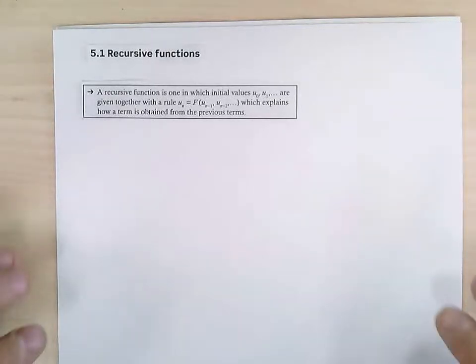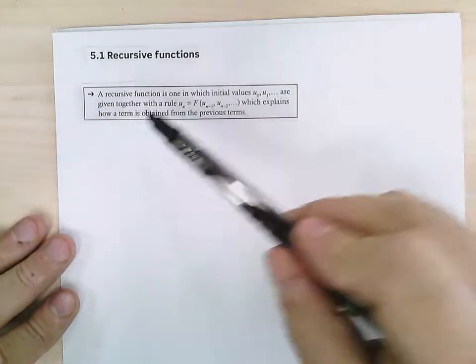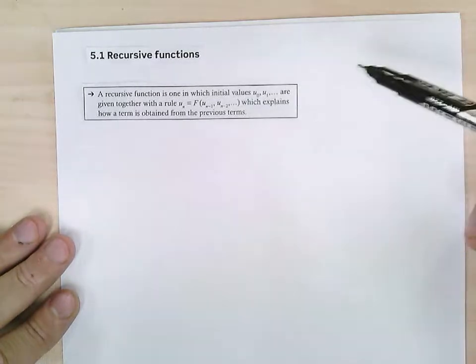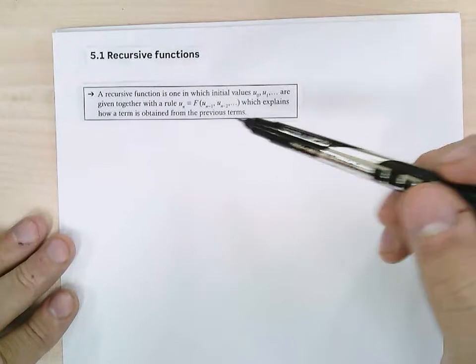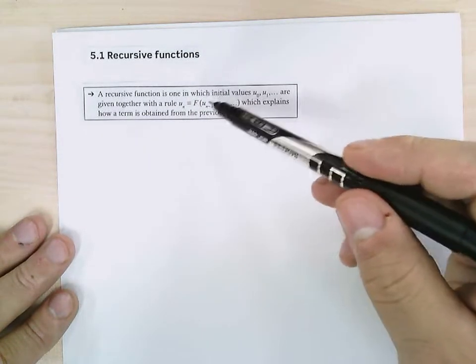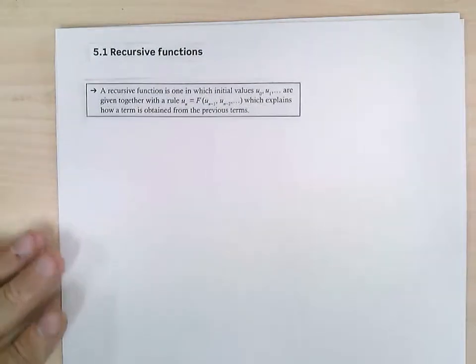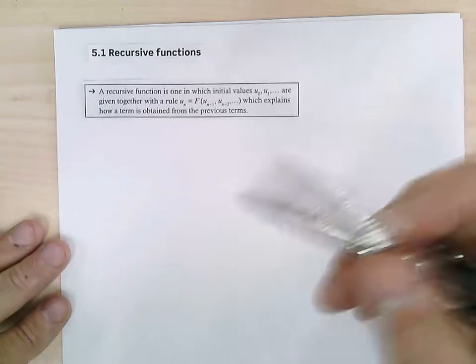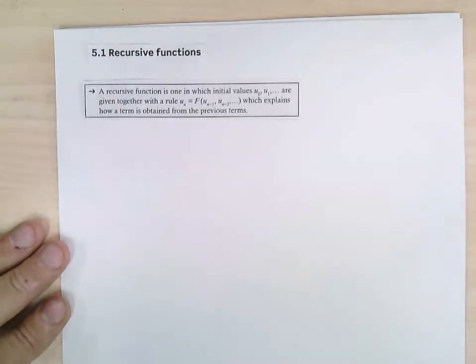Hello, we're going to look at 5.1, and this is a recursive function. It says a recursive function is one in which the initial values, u of 0, u of 1, and so on, are given along with a rule, u of n, some function of u of n minus 1, n minus 2, and so on, which explains how a term is obtained from the previous terms. So it'll give you a couple and then a rule, and then to get the next one, you have to use those first terms in the rule to come up with each